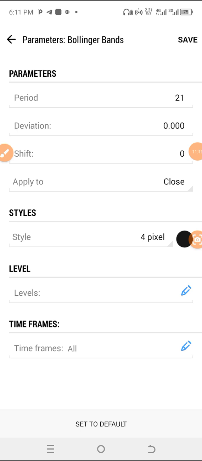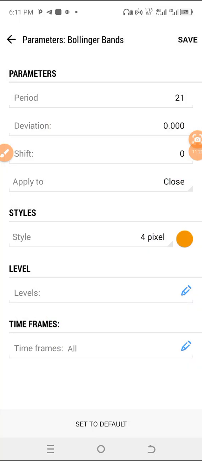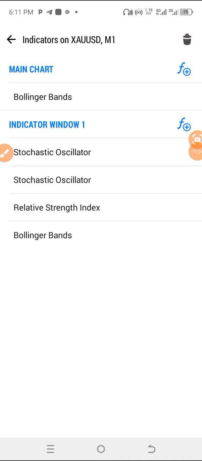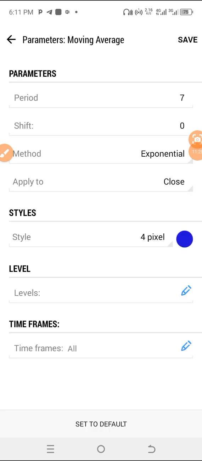Add Bollinger Band period 21. You change this black to let's change it to brown or any color of your choice. Then click on save. Then you add moving average period 7 exponential.